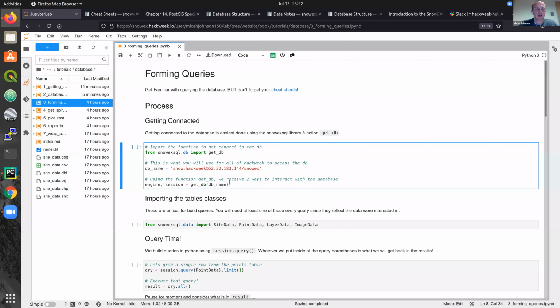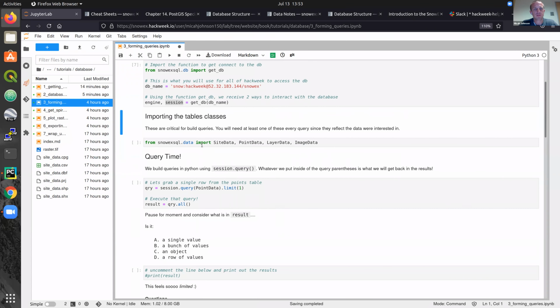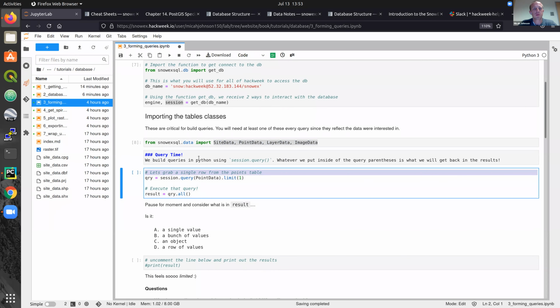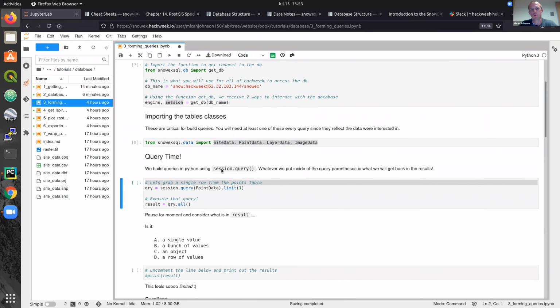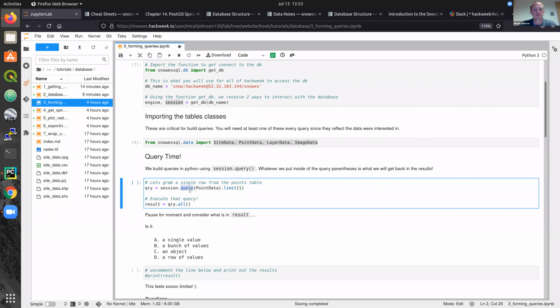But just like always, we're going to get our database connection in the same exact way with our engine and session object. When I execute that, I'll have those. And then depending on what data you want to work with, you would import any of these or all of them. It doesn't matter too much, but it does matter that it exists for you to query it. And then every object relational mapping query is going to start with this query function. So we'll take that session object that we get back from here, and we're going to query. And what we're going to query is anything we want back. So here, for instance, anything that goes in the parentheses of the query function is what we expect to get back. So when I execute this,